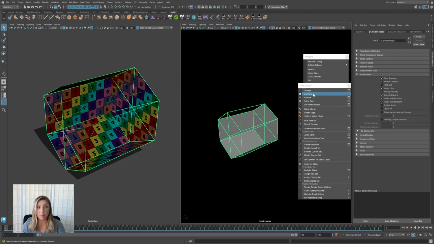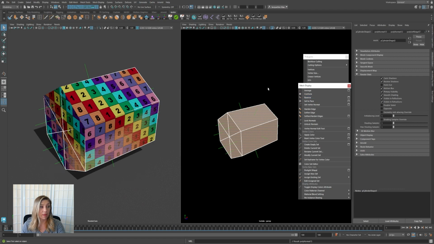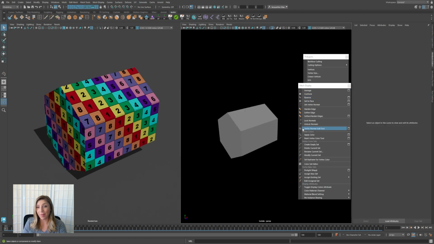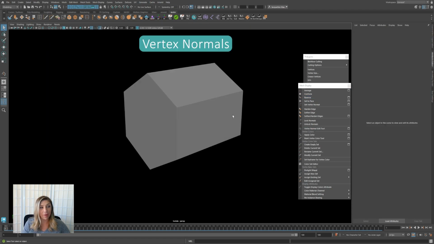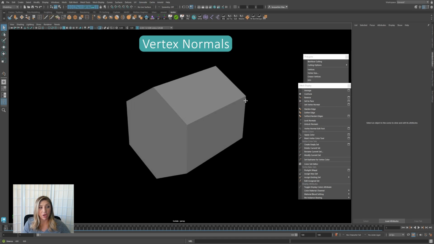Let me flip these normals back. And now let's talk about our vert normals. Okay, so when we look at this object, we're seeing how it's reacting to light when it's got our smooth shading visibility here in our viewport. When the light hits this,